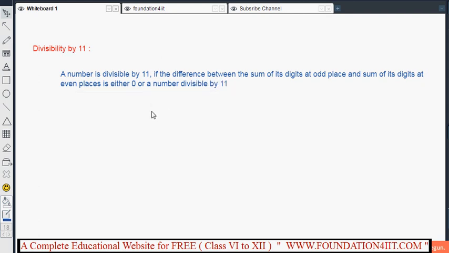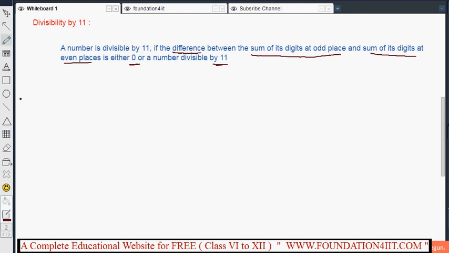So I'll give clarity for this. A number is divisible by 11 if the difference between the sum of its digits at odd places and the sum of its digits at even places is either 0 or a number divisible by 11. That means any multiple of 11. So I'll explain the example clearly. For example,